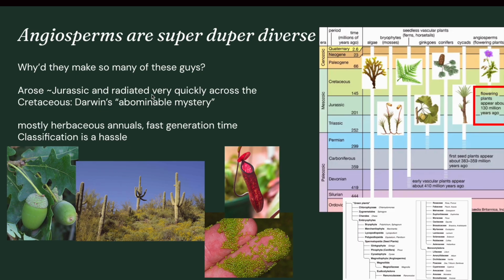They are very, very diverse. While there are only 10,000 or so bryophytes and pteridophytes and maybe 1,000-ish gymnosperms, there are 300,000 plus species of angiosperms. So there are so many of them. And like most of the major taxa or groups of angiosperms, they arose very quickly in the Cretaceous period. And Darwin was super confused, and he called it an abominable mystery. Usually I use abominable to refer to snowmen, not plants, but